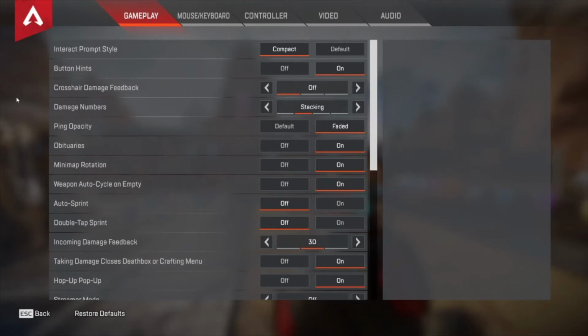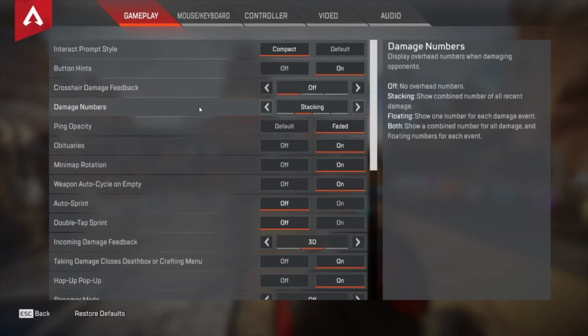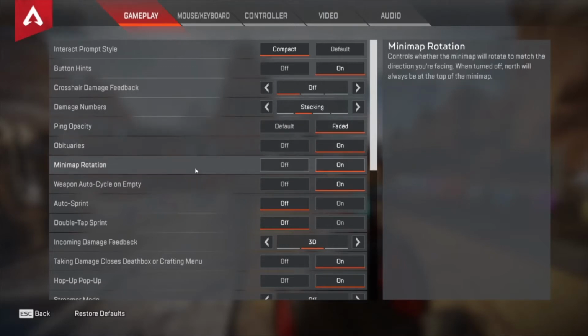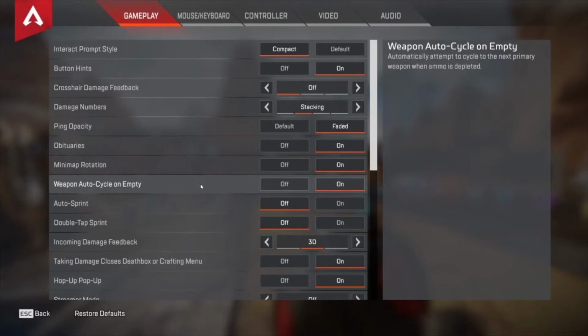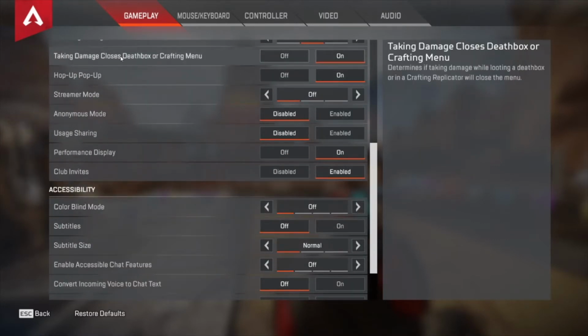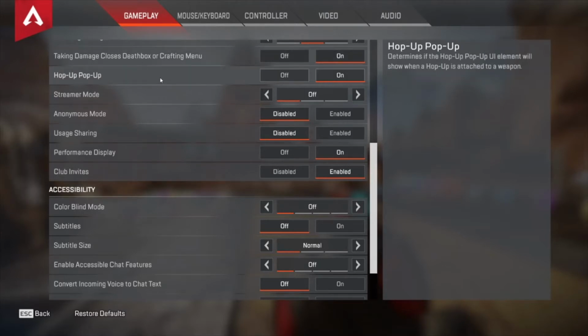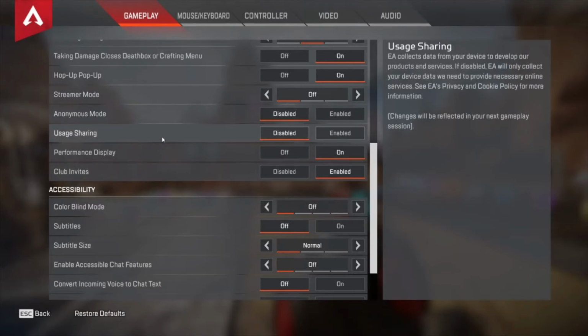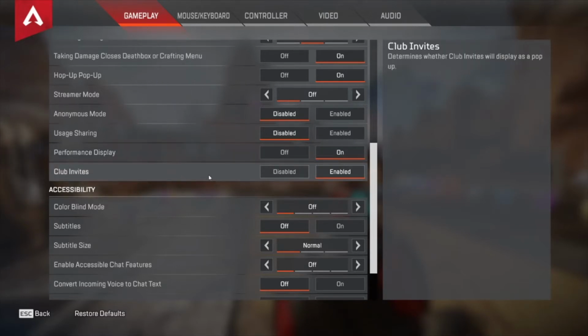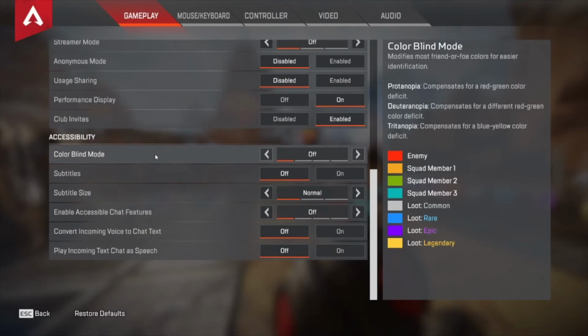Up next are my gameplay settings. Interact prompt style is set to compact, button hints are on, crosshair damage feedback is off, damage numbers are set to stacking, ping opacity is faded, obituaries, minimap rotation, and auto cycle, those are all on, auto sprint and double tap sprint are off, incoming damage feedback, that is set to 3D, damage closes death box is on, hop-up pop-up is on, streamer mode is off, anonymous mode disabled, user sharing disabled, performance display on, club invites, those I have enabled just in case, and accessibility, I don't use a colorblind